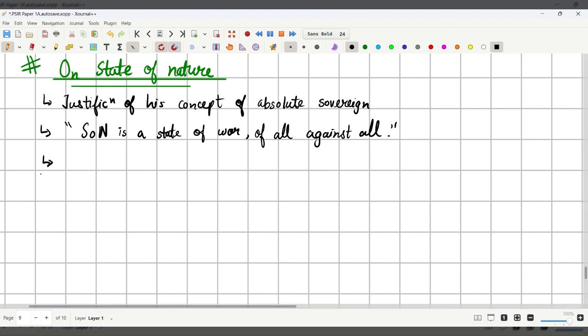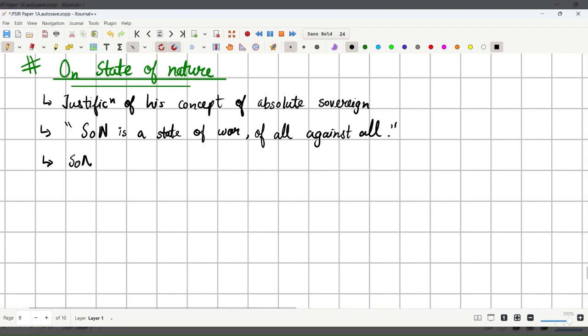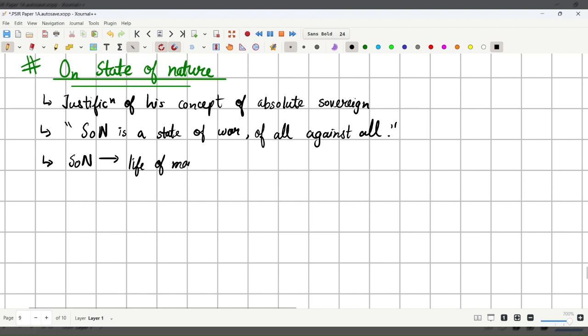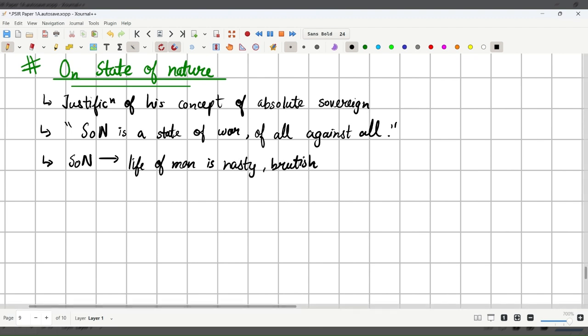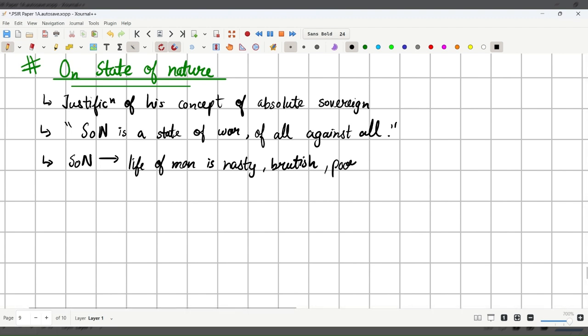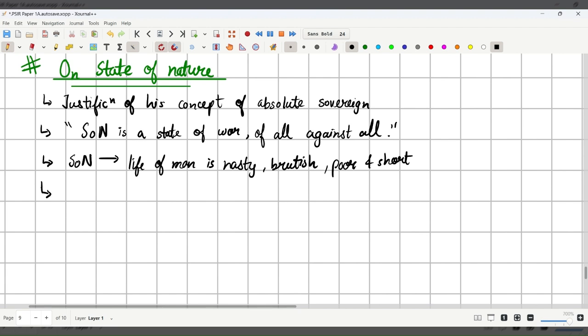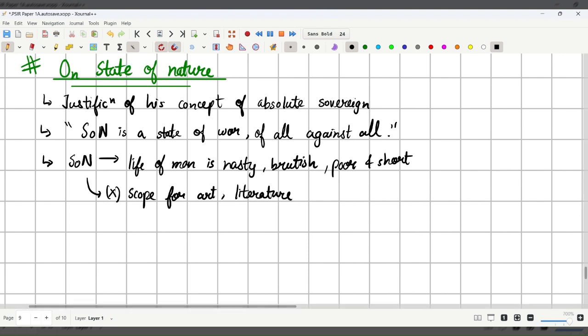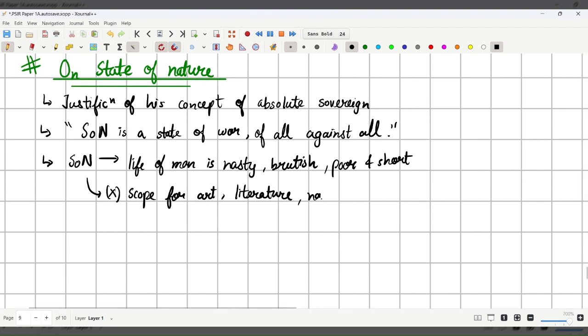Then according to Hobbes, the state of nature is where the life of man is nasty, brutish, poor, and short. Okay, then in state of nature, according to him, there is no scope for art, literature, okay, then navigation, industry, etc. Okay,